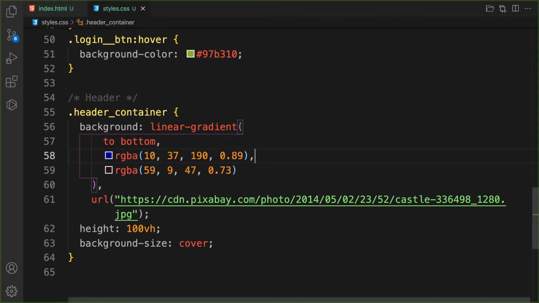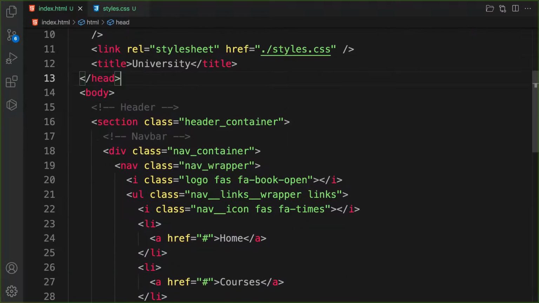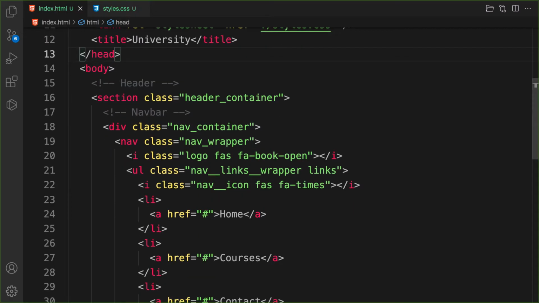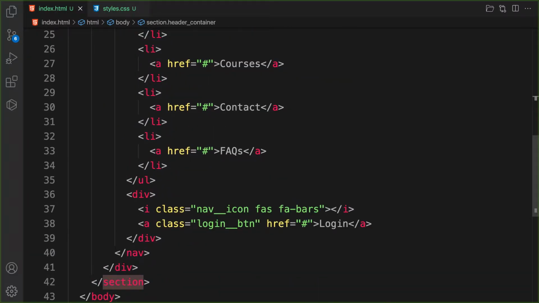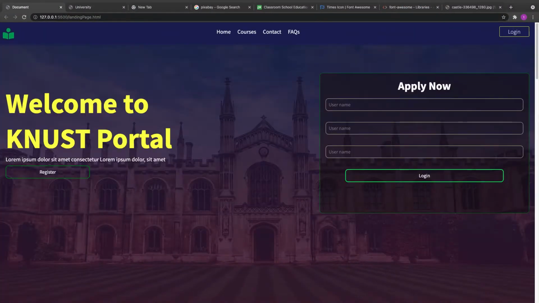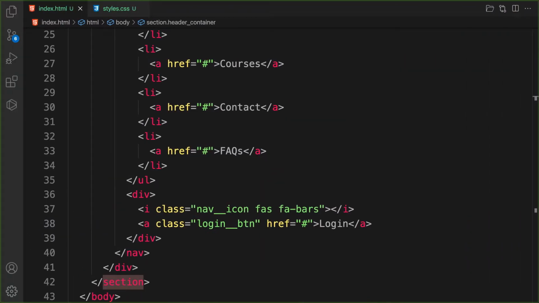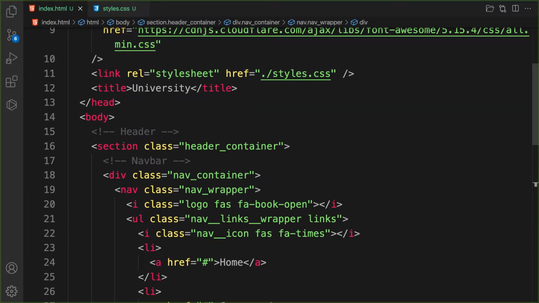Cool. So next is the header. Now we have the header, right? So let's continue to implement. Now we are done with the nav bar here, so let's continue and add the final one. We're going to add this content inside. So let's have the HTML skeleton. After the nav bar ends here,